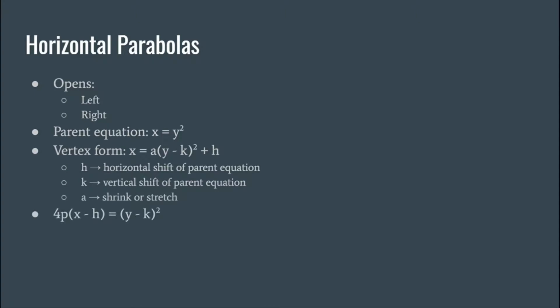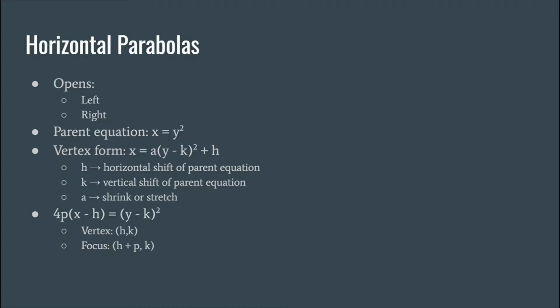Okay, so now here in this case, we have it switched in this form, where the 4p is with x minus h, and the y minus k has the square. So all the different parts are still the same. So the vertex is still (h, k). The focus this time, because it's a horizontal parabola, h gets added to the p, or the p gets added to the h,